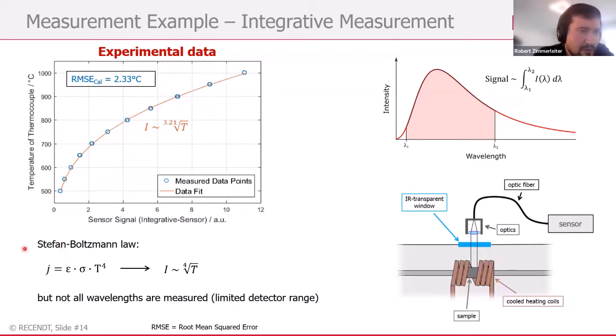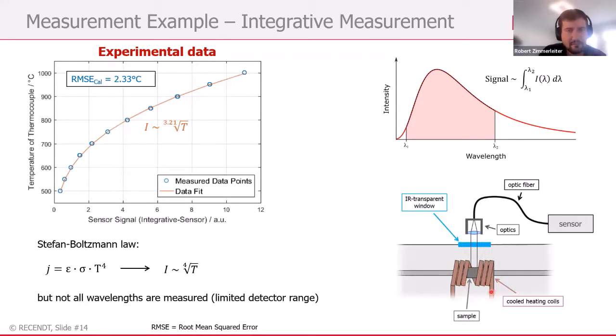From the Stefan-Boltzmann law, you would just assume that the intensity that we measure is proportional to the fourth power of the temperature. But in reality, since we don't measure the whole spectrum from wavelength 0 to wavelength infinity, for which this Stefan-Boltzmann law holds, we actually get a different correlation, namely with the 3.21th root of the temperature, which fits quite nicely and gives us a root mean squared error for the calibration of about 2.33 degrees, which is probably mostly influenced by the